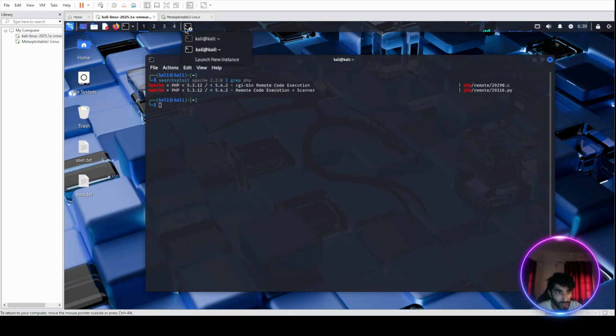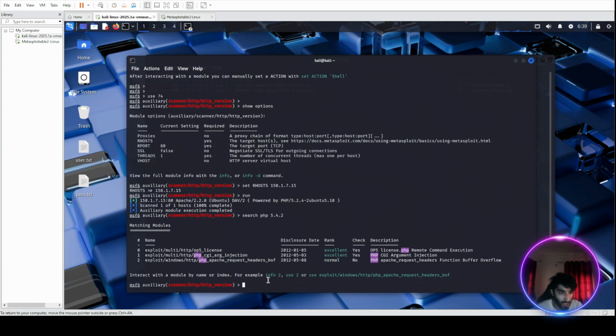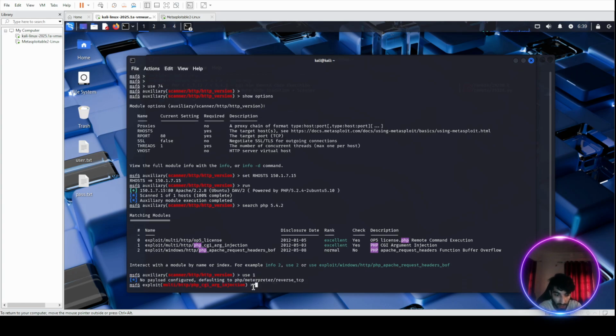And now we will go back to our first terminal, and I will search for PHP 5.4.2, and now we have the PHP CGI injection. So I will use one. Now I will look for the options. So options,